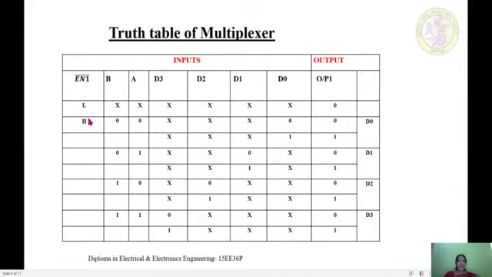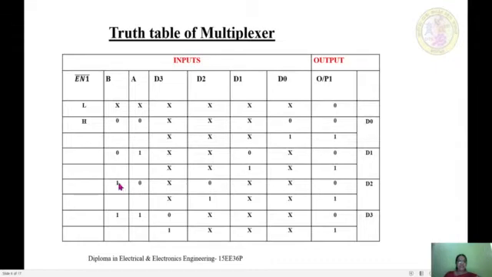For the working of the multiplexer, the enable pin should always be held low, and when we place the address as 0, 0, the D0 line will be selected, and on the D0 line, if the data present is 0, that will be transferred to the output. If the D0 line contains a data equal to 1, that 1 will be transferred to the output. Again, if we change the address to 0, 1, then D1 will be selected, and if the data on D1 is 0, 0 will be transferred to the output line. If the data on the D1 line is 1, 1 will be transferred to the output.